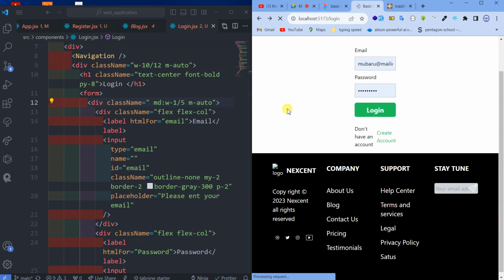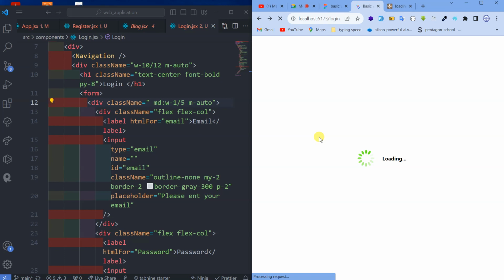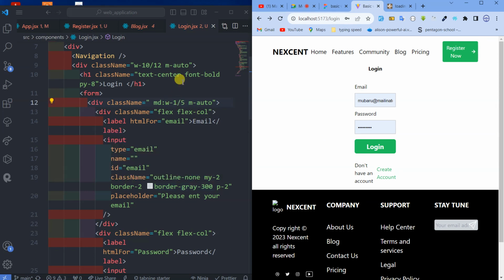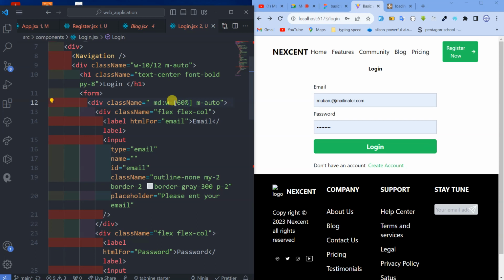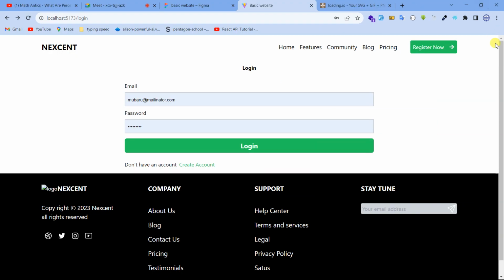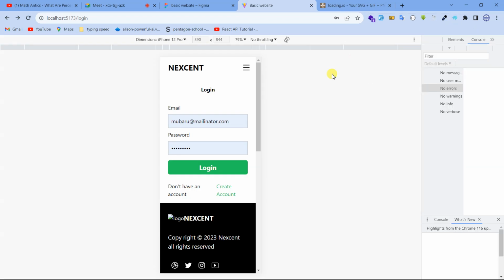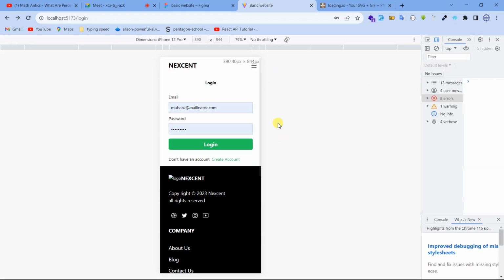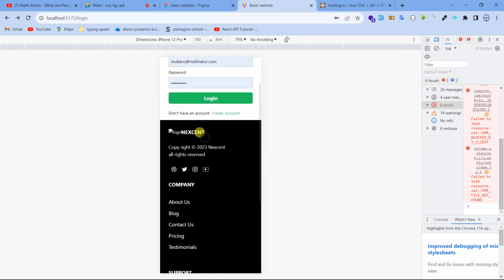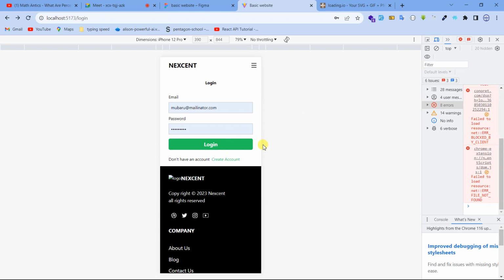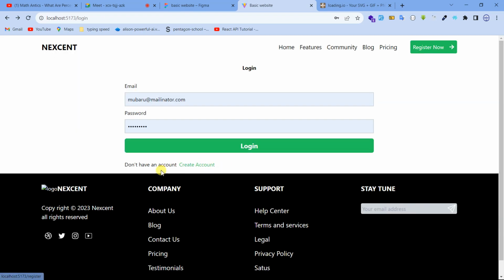We will always take 60% of the screen instead of taking 1 out of 5. So here the width we shall take in percentage. We'll take only 60% of the screen, and then the margin should be automatic like this. It is 60%, that means 20, 20, 40 like this. Yeah, this one is logical. But when we go to our phone, everything works perfect. Yes, loading, and then everything is just good. Okay, then if you go back, control shift I, if I click now on my don't have an account,